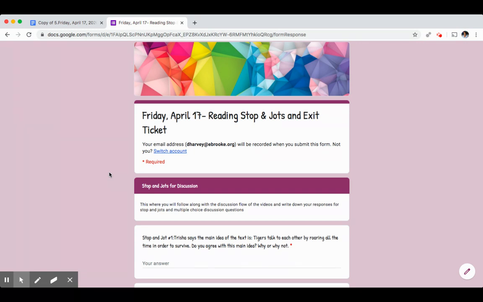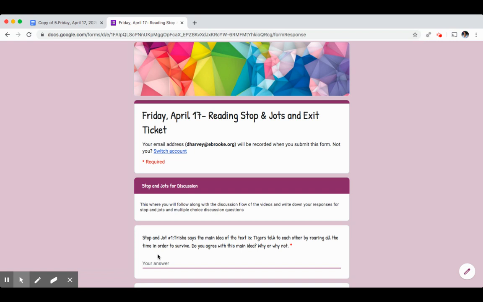So before we start talking about the text and the main idea, we're going to respond to stop and jot number 1. And we're going to respond to a potential main idea of the text. So the question says, Trisha says the main idea of the text is, tigers talk to each other by roaring all the time in order to survive. Your job is to figure out if you agree with this main idea, why or why not, and then you're going to type your response